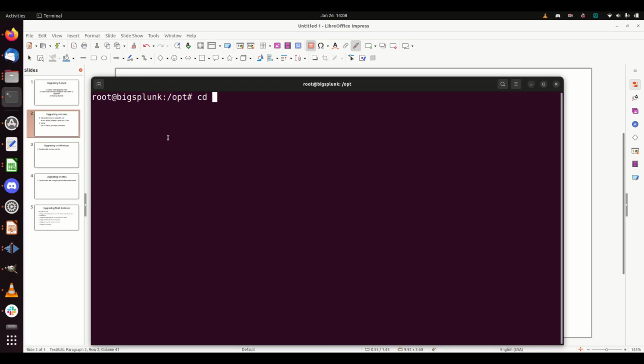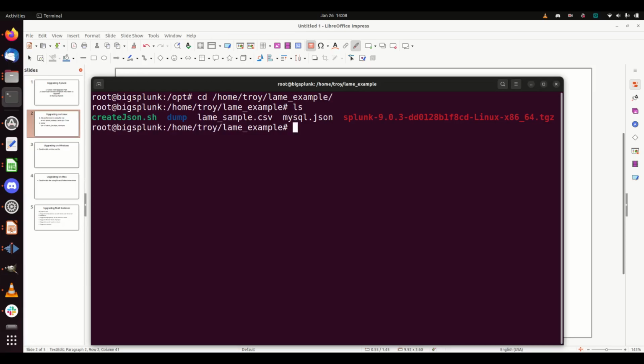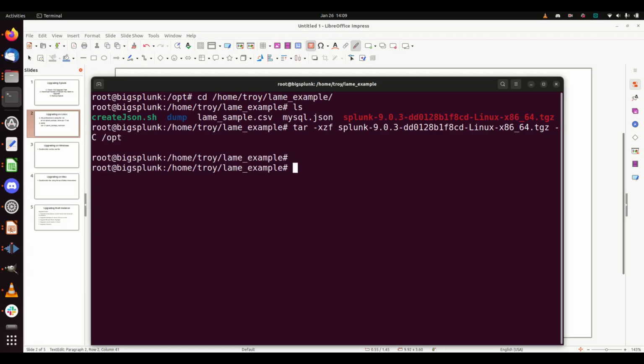If I go to cd, there is my Splunk 9.3 version. I'll just paste this into the command. Now my Splunk package name is not splunk package, it is splunk-9.0.3. So there we go. -C /opt. If I run this, okay, it's been copied over, it's tarred, and now if I go back to /opt/splunk, now I'm just going to run /opt/splunk/bin